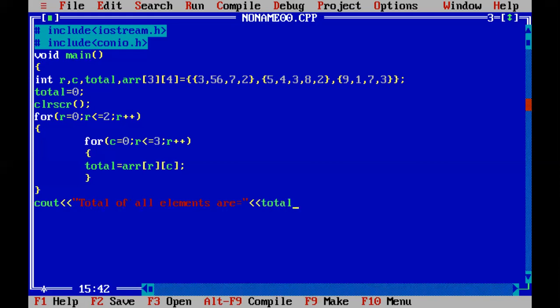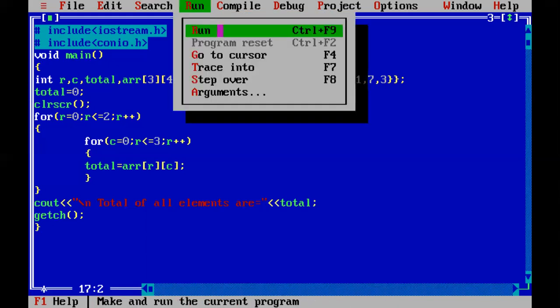You can use the backslash n escape sequence as well. I want to use the escape sequence backslash n, then getch and termination of the main function. Check it.